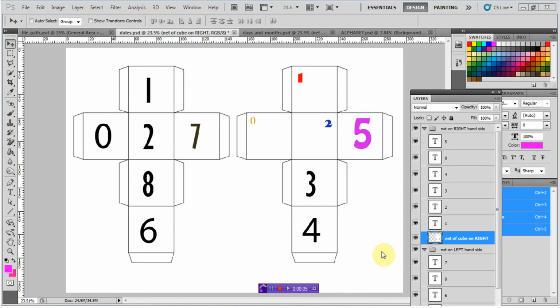Okay, I'm going to show you now how to put color and pattern onto our net. After you've done the changes to your letters, then we can start adding color and pattern to our nets. Now I'm not going to do it on this template because this is the dates. All the numbers are the right way up, apart from the number 6, which is going to double up